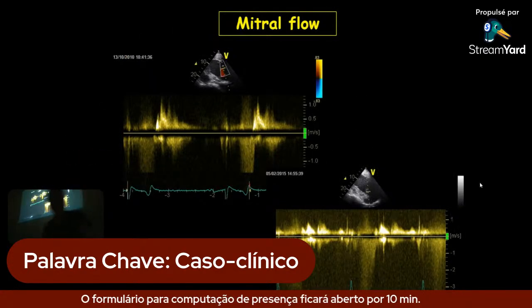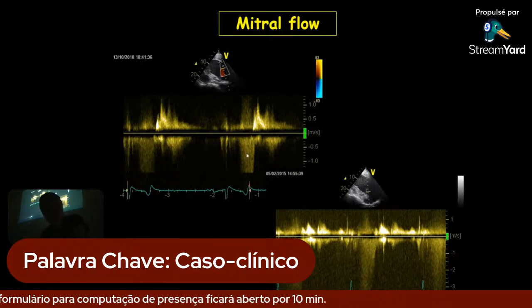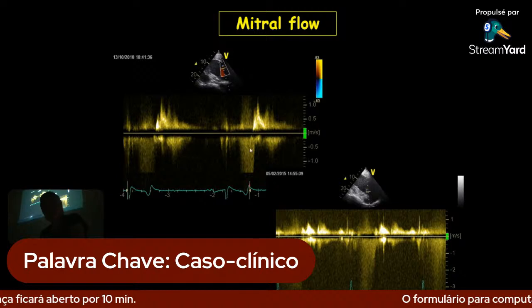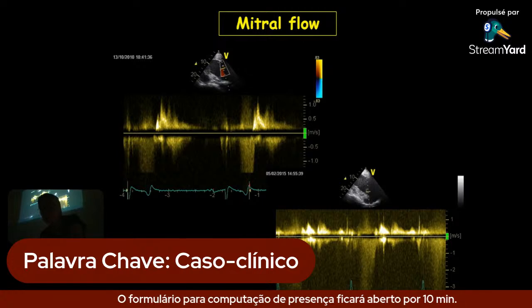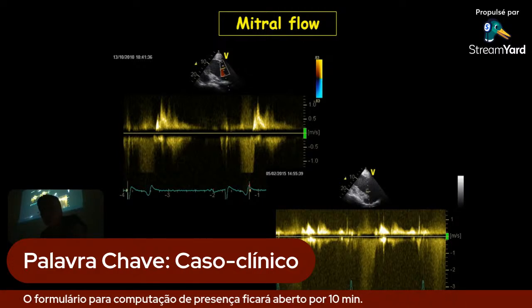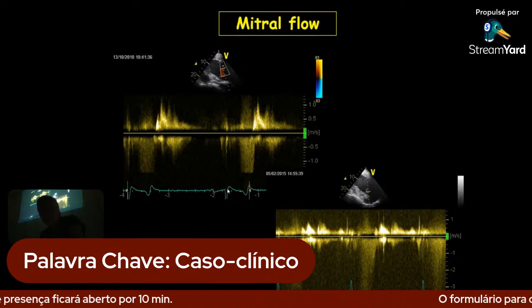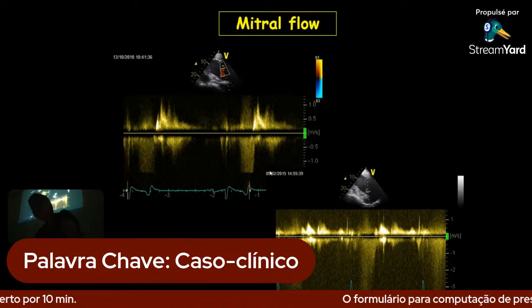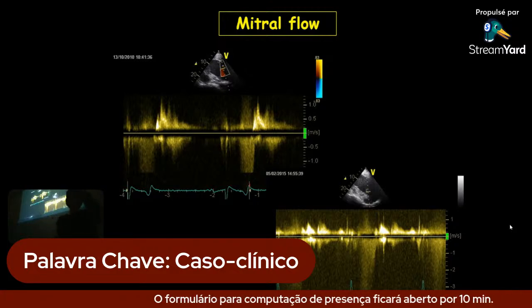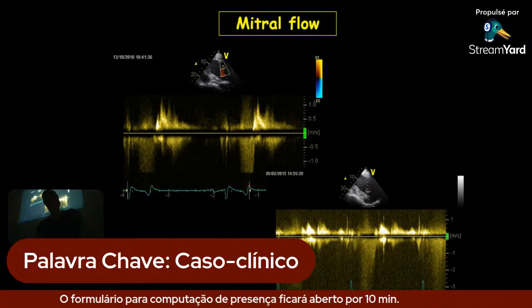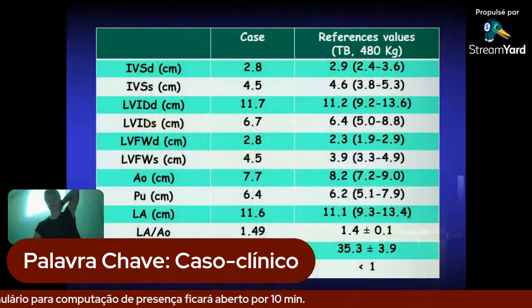If we do a recording of the regurgitant flow with the continuous Doppler, you see that this is a trace of a regurgitant flow. This is the normal filling of the ventricle. You see the difference between the two traces, okay? You see that it's very high-speed regurgitant flow, and it starts at the mid of the systole, not from the beginning. And it's exactly what we heard with the stethoscope, as a telesystolic murmur.